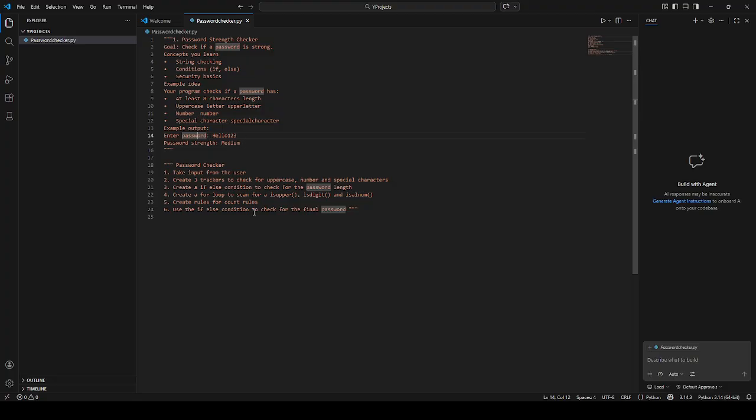So for this we need to do the following. Firstly, we need to ask the user for the input of the password. So we're going to create a variable which will take input from the user, and then create three trackers to check for the uppercase, number and special characters. And we're going to use the if and else condition to check for the password length and